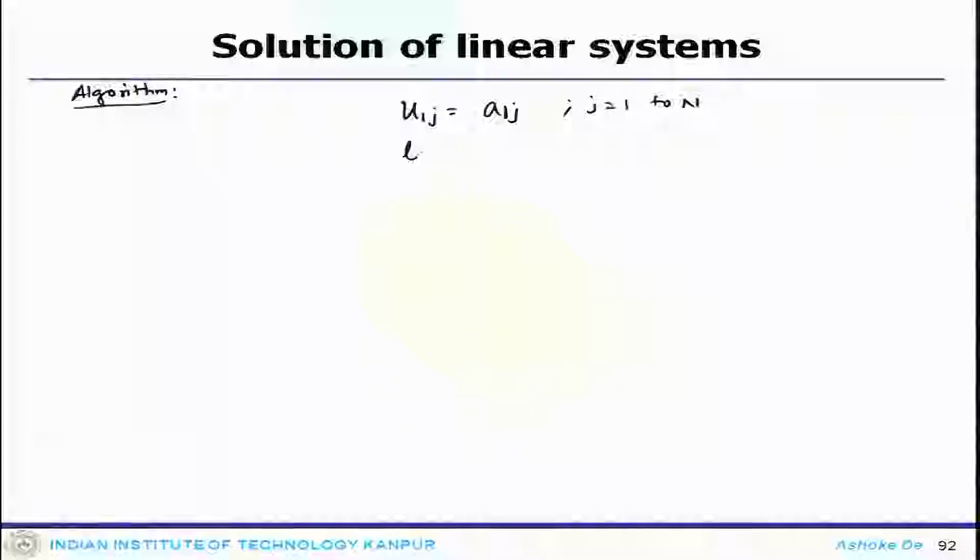Then I get Li1 equals ai1 by u11, where i goes from 2 to n. So, these two elements are initially computed, and then you go over a loop for i going from 2 to n minus 1,